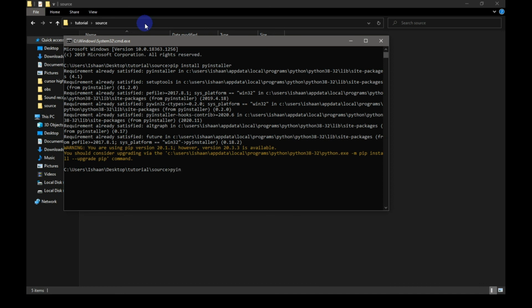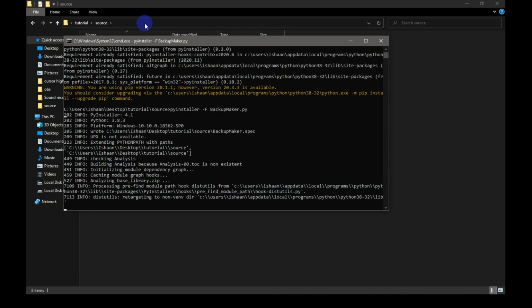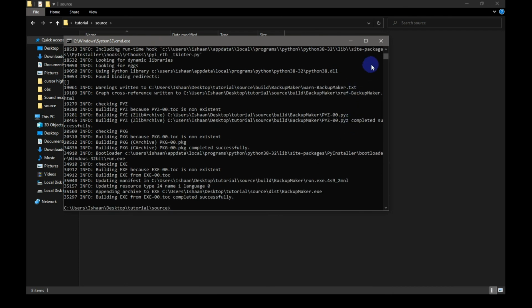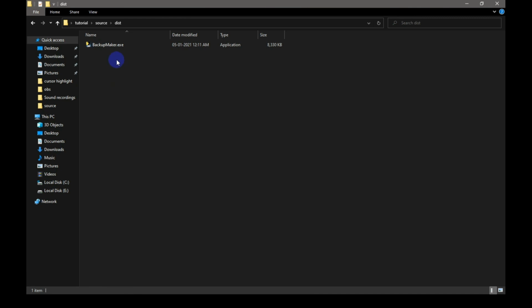Then type pyinstaller -F, followed by the name of the py file, that is backupmaker.py, and then press enter. The process is completed. The executable file is present in the dist directory.